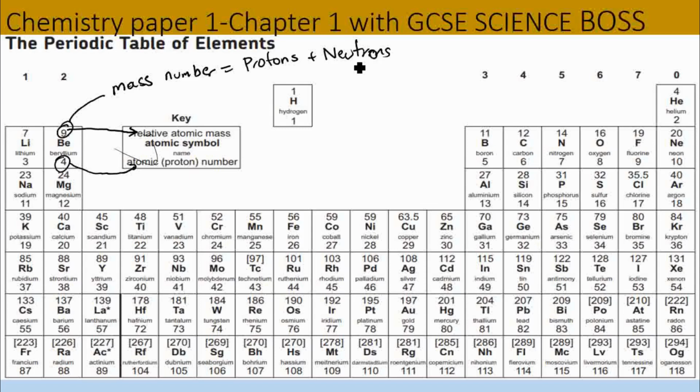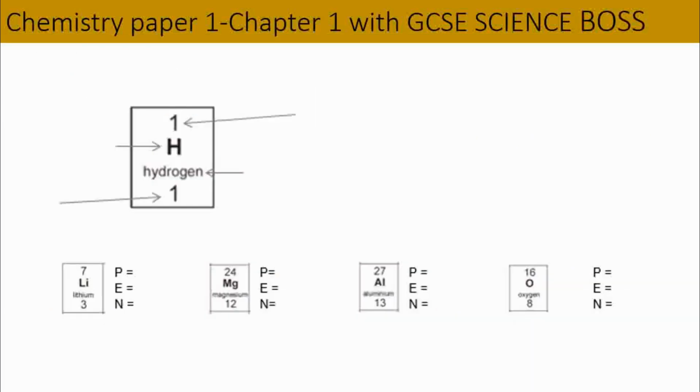What are protons, what are neutrons? But the relative atomic mass, that number is the average mass of all the atoms of an element found in the atmosphere. Okay, but don't worry too much about that. We will get back to that later. Okay, so as we mentioned before, the bigger number in this case, they're both the same number. So the bigger number, we call that the mass number. Okay, and the mass number is the total number of protons plus neutrons. Okay, good. And then the smaller number, which is your atomic number,